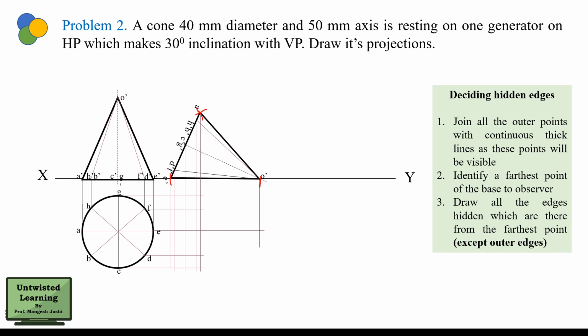to get the fourth diagram. This is your fourth diagram and this is O. Now again the outer line will be drawn dark first. So what is the outer? Suppose this point and this point are the outer. Okay, so after joining all the outer points, identify the farthest point, which is E. Okay, just identify all the edges coming from E.